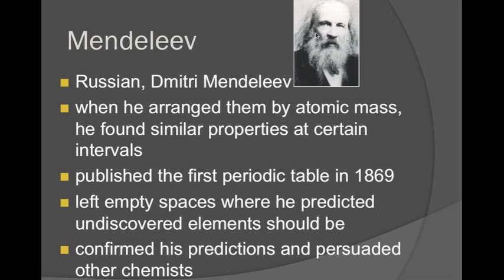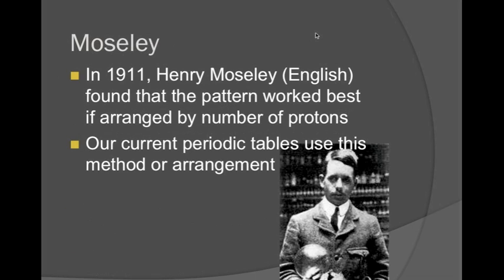He recognized that elements had similar properties, so therefore he arranged them in his periodic table. Now, what Moseley did, Moseley was accredited with making our modern periodic table, our current periodic table, and he did this by arranging by the number of protons. So we arrange everything on the periodic table because of Moseley, and we arrange it by order of protons on